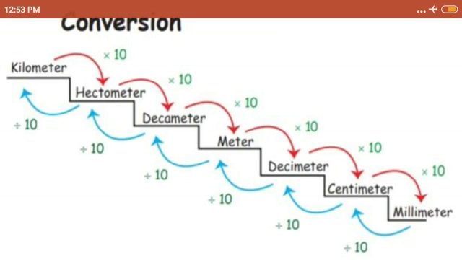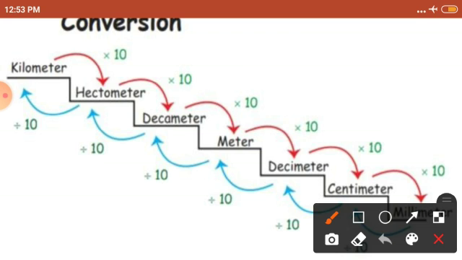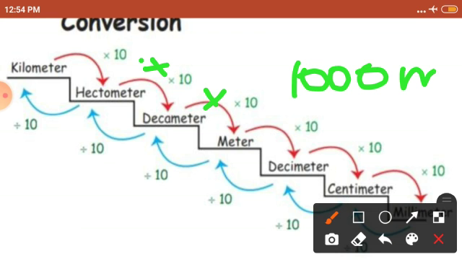Let's use this figure to find out. First see, kilometer is the biggest unit and meter is the smaller unit. So, you just need to multiply. For this, first you have to multiply these tens. Kilometer to hectometer you have 10. Next hectometer to decameter you have another 10. Next decameter to meter you have another 10. Multiply these three tens, you will get 1000. So, 1 kilometer is actually 1000 meters.